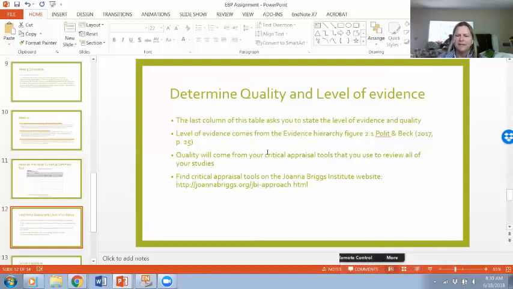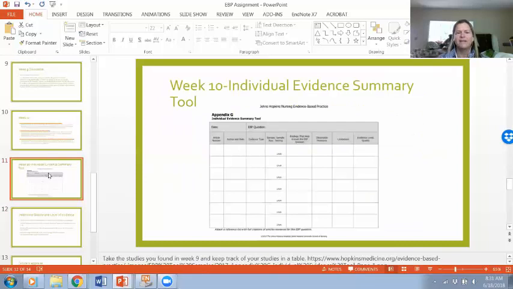And so when we look at that Joanna Briggs Institute website, and I showed you how there were those checklists there, that's really what you're going to do, the checklist for each of the articles that you've included in this table, and then you're going to report out on the findings from the checklist here. So I went through an article, went through the checklist. It said that more research was still needed, but the study overall was a high quality study. So it's a reliable study, so we can trust the findings from it,